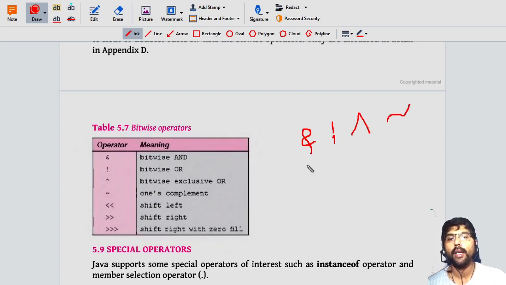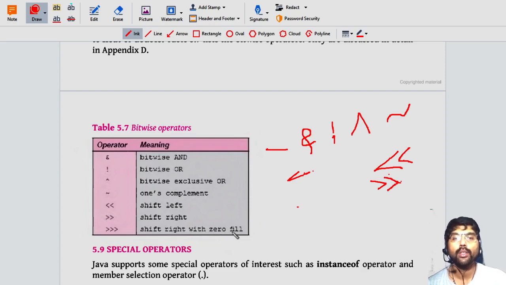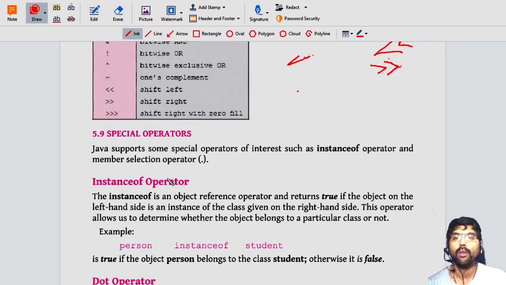Shift left, and shift right. Shift right with zero fill. These are some of the bitwise operators we are using.